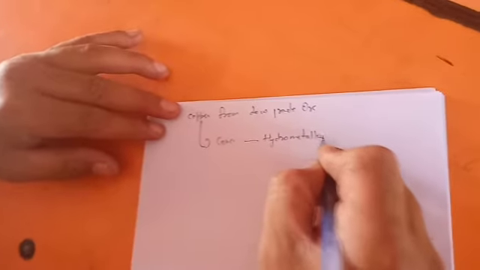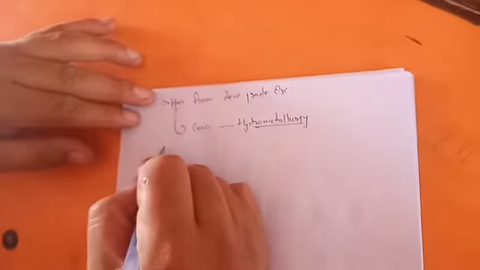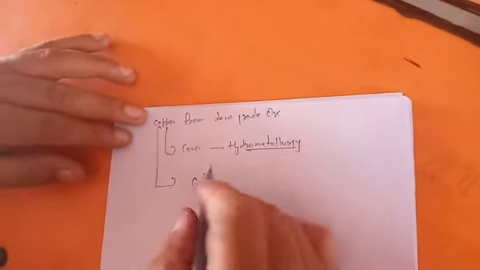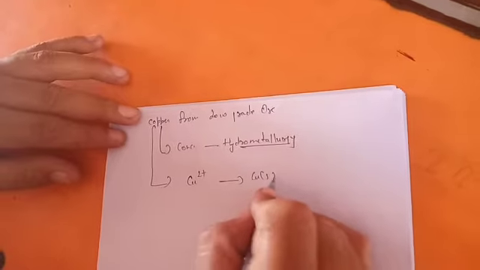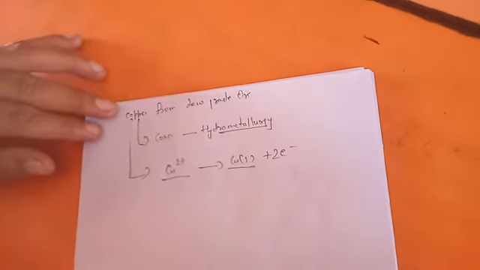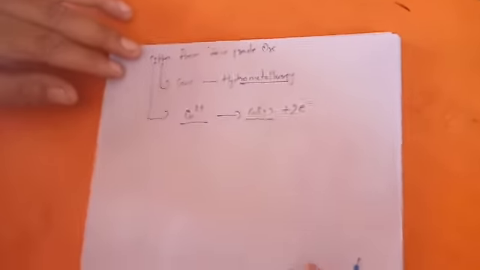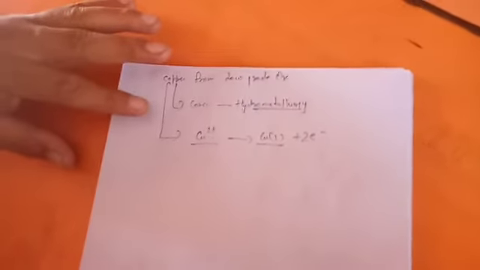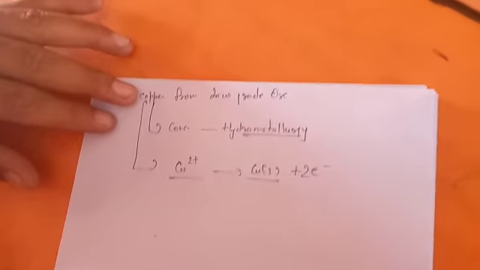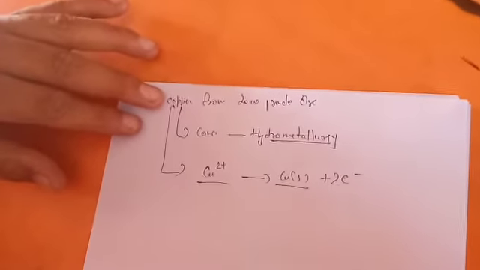Hydrometallurgy we will apply on this one as for concentration. Now copper also contains some iron impurities in that case. So copper, when you do the electrolysis, will get converted into copper solid, plus electrons will get removed. So that's how you can easily get any elements by electrochemical principle. Because copper is less reactive, that's why from low grade ores we will apply electrometallurgy. If there is high grade ore of copper, we will simply do the same process that we explained in pyrometallurgy.